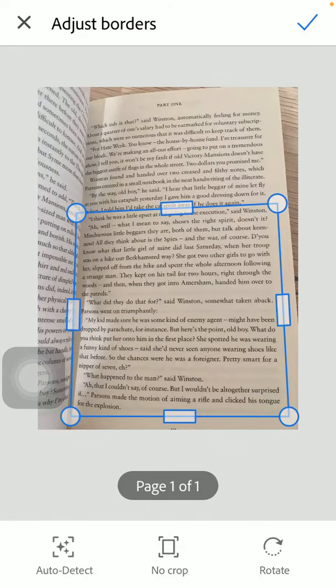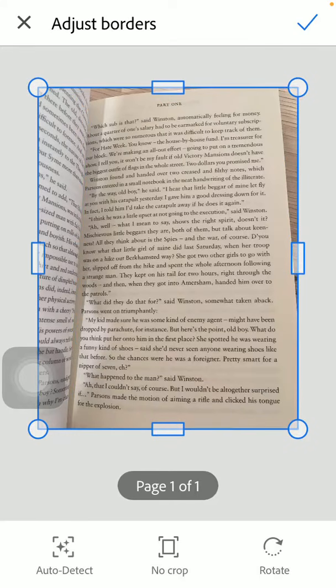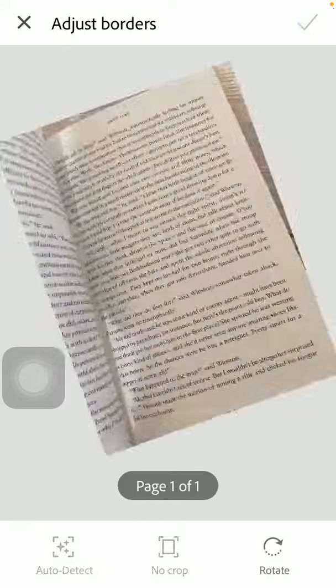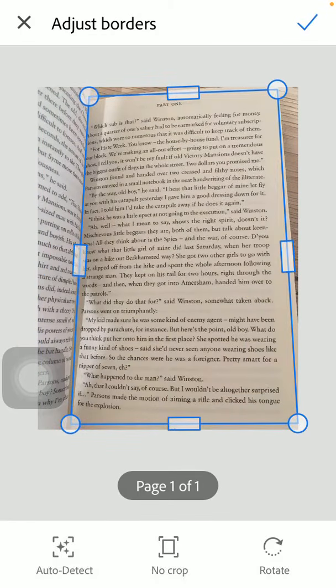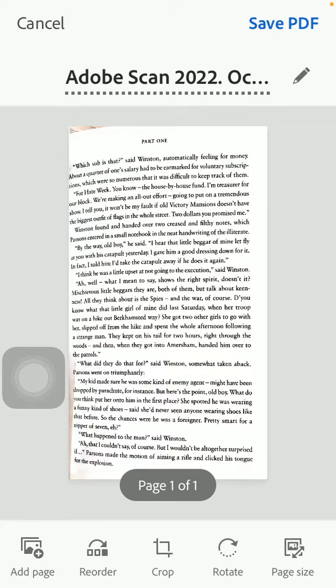So here you should tap on the check mark icon in the upper right corner of the screen if you are satisfied with the crop, but you can also tap on this auto detect function, which will detect the borders automatically. There's also this no crop option, and you can also rotate your document within this adjust borders section. So if you are satisfied with the result, click on the check mark icon, thereby saving your new scanned document